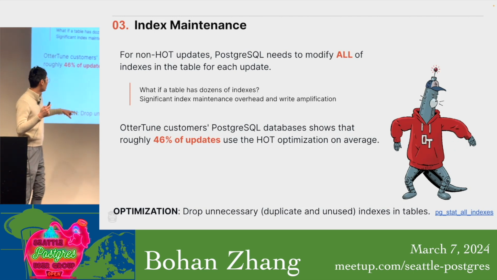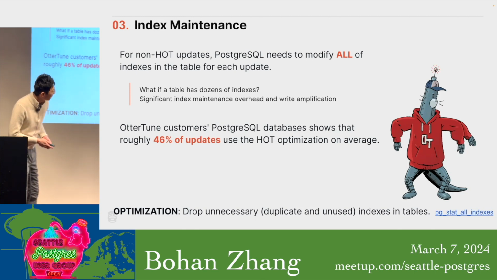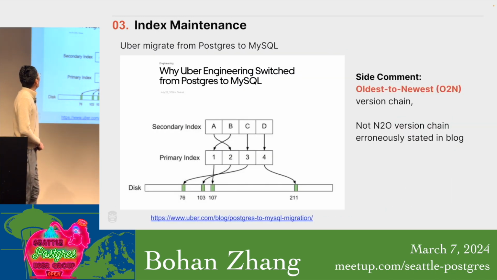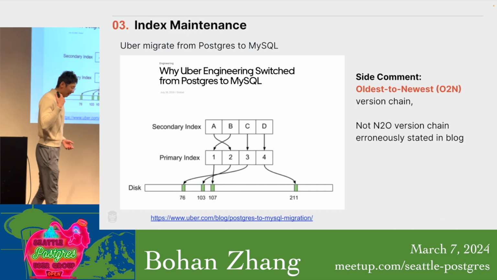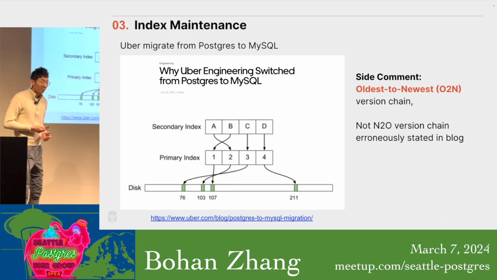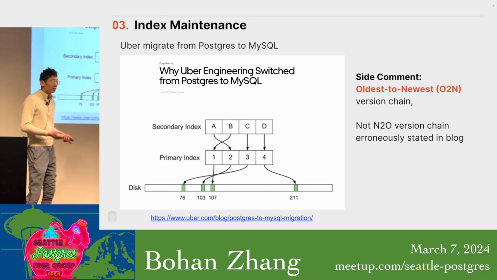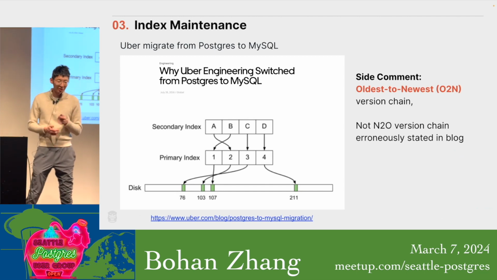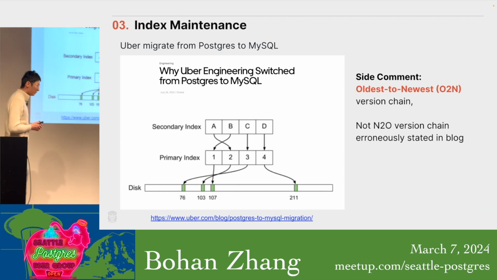Our team automatically detects such unnecessary indexes by using statistics on each index in Postgres. I think there's a blog article from Uber about why Uber switched from Postgres to MySQL, and it generated lots of discussion. I think index maintenance is one main reason for Uber to migrate from Postgres to MySQL,